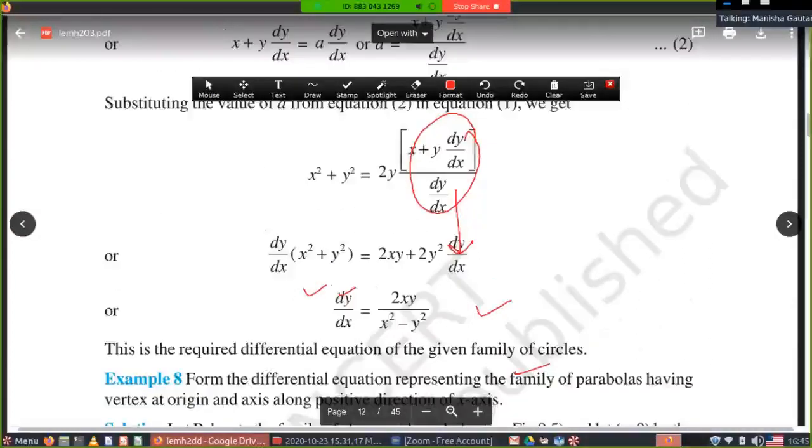Our target in differentiating the function is that you have to find out the values of the arbitrary constants. Get the arbitrary constant values and put those values in the given curve equations.